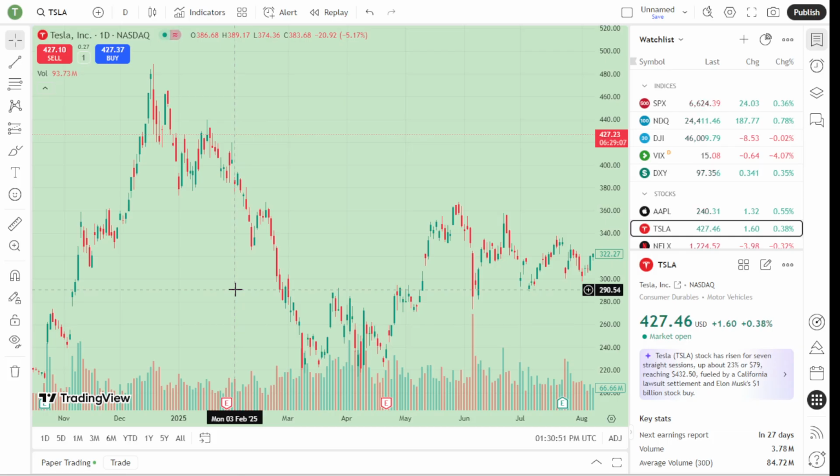First, you'll want to open the TradingView chart of the asset you're interested in. This is your starting point, and getting familiar with the layout of your chart is essential for all the steps that follow. Once you have your desired chart open, you'll want to cast your gaze over to the left side